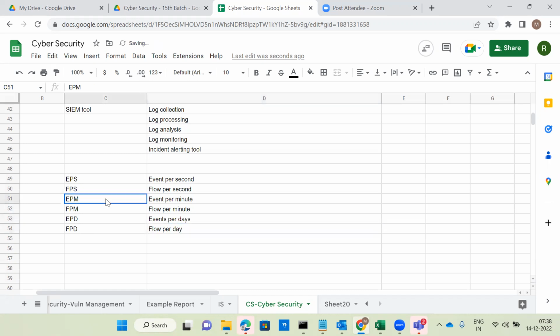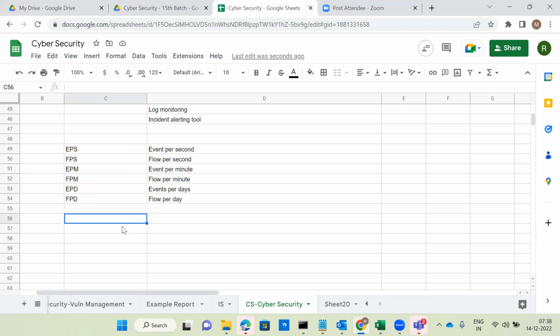Okay, EPS, events per second, and FPS, flows per second. For EPM, we have to convert EPS to EPM, then EPD, events per day or flows per day. These are a couple of things I will explain in a couple of minutes. Next one, what is log?